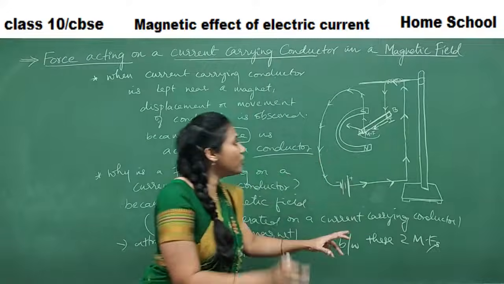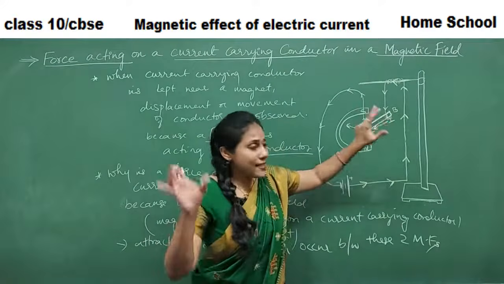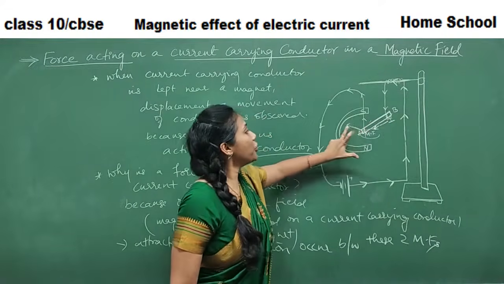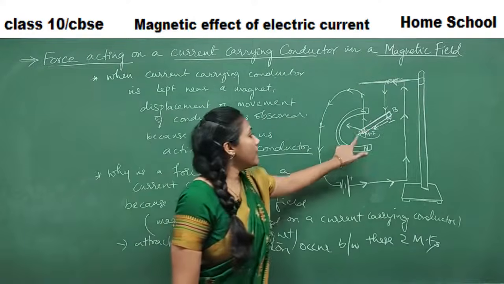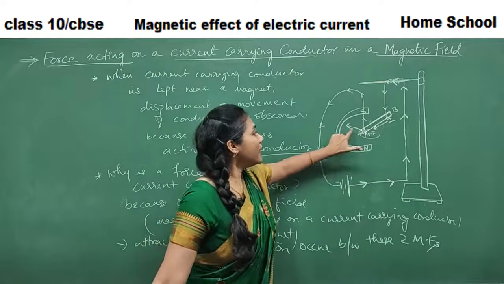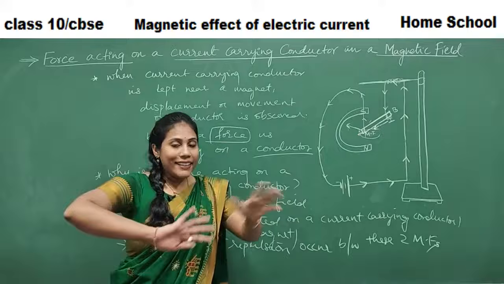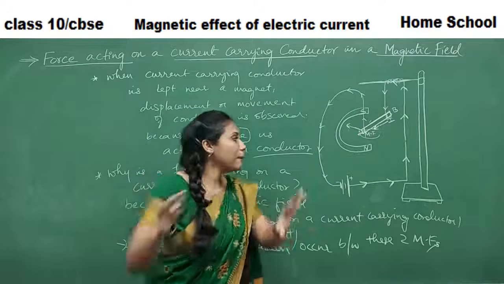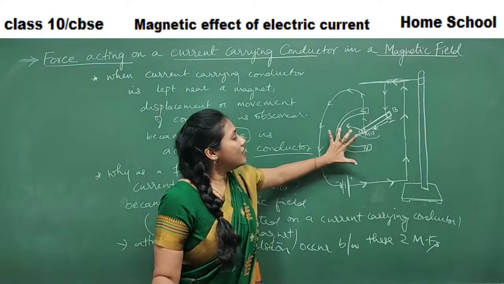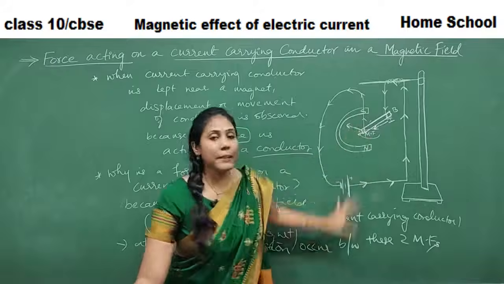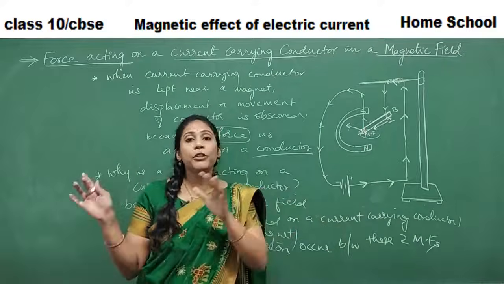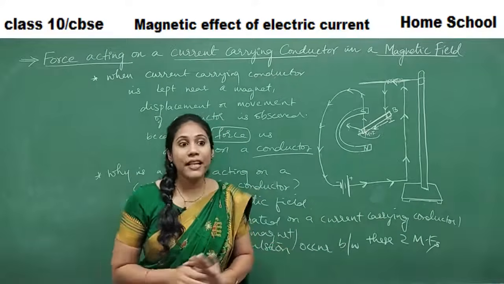That is the force that is responsible for the movement of this conductor from this position to this position. From position A it is moving to the left or right, whatever. That movement is due to the attractive or repulsive forces between the two magnetic fields. One is the magnetic field generated by the conductor. The other one is the magnetic field already there with the permanent magnet. So this is the force that is making the conductor move. Clear? Fine.